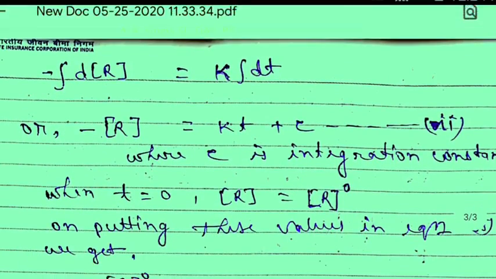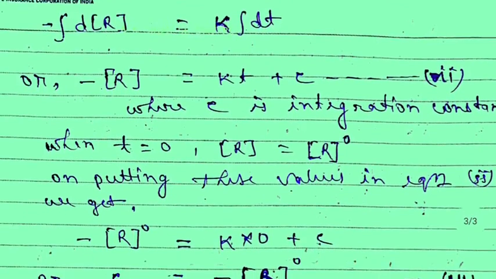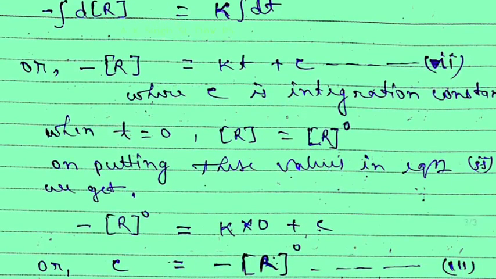Minus [R] is equal to K integration of dt, because K is constant. So minus integration of d[R] is equal to K integration of dt, or it will be written